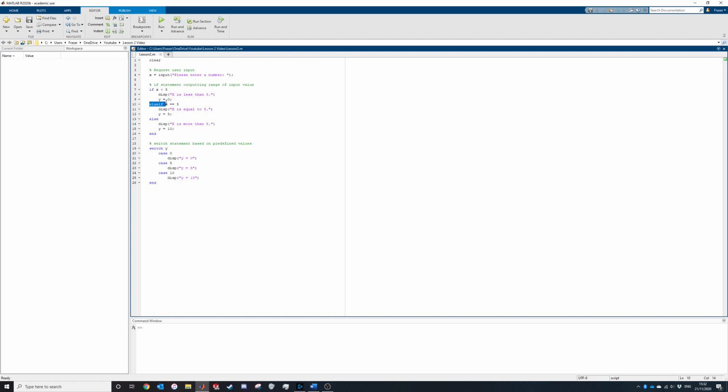So here, the next line is else if x, and now this double equals is equal to, because here, as you can see, we put x equals and it's just one equal sign. When we want to have a condition of x is equal to something, you have to use 2 equal signs. So if x is equal to 5, display that and make y equals 5. Else, so else means in all other cases. So if x isn't less than 5,